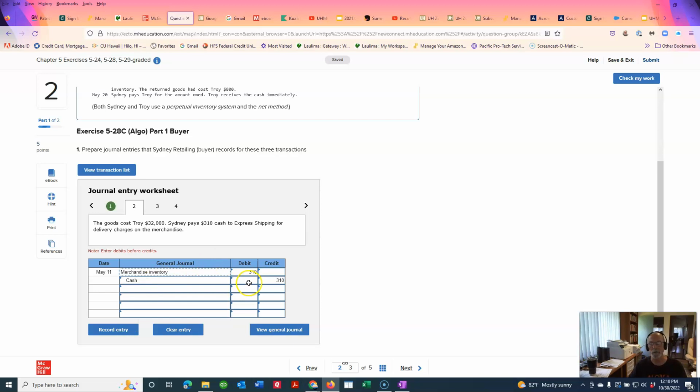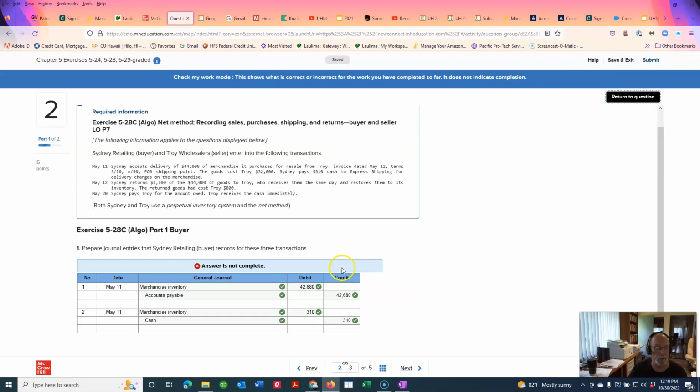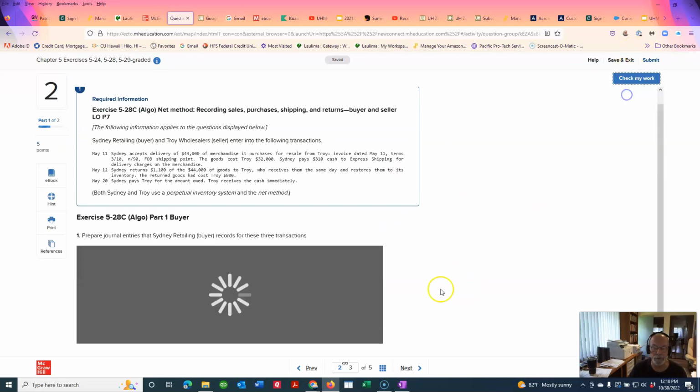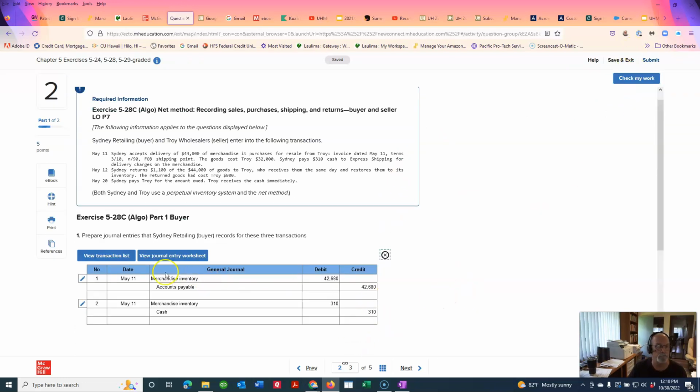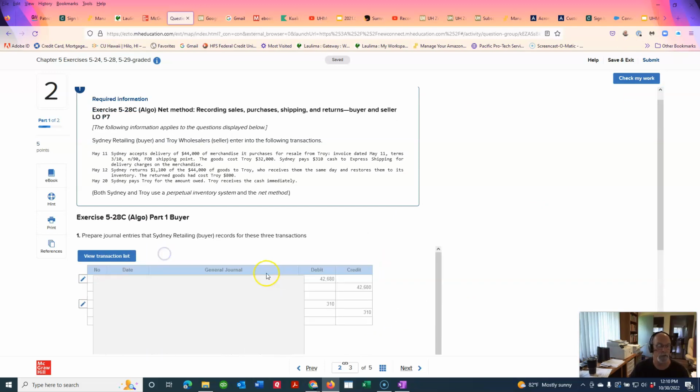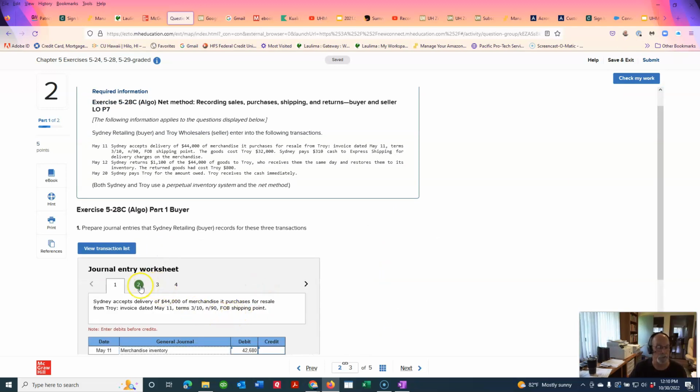So the amount of the transportation in or freight in is debited or added to the merchandise cost account, merchandise inventory, the asset account. So we can check that, and sure enough, that's correct. And so we can go on to the